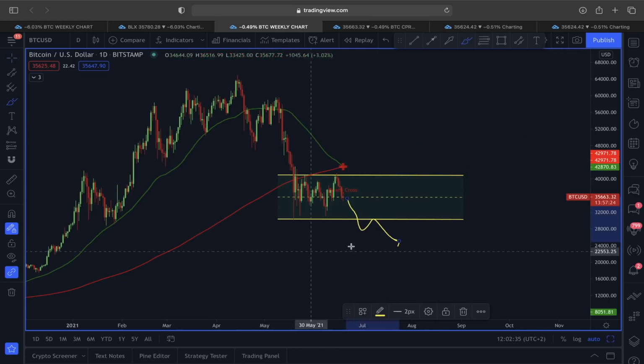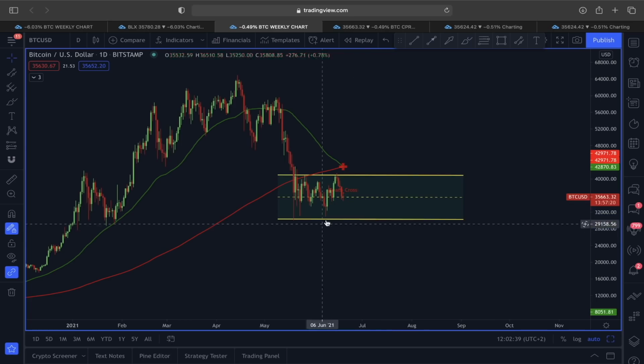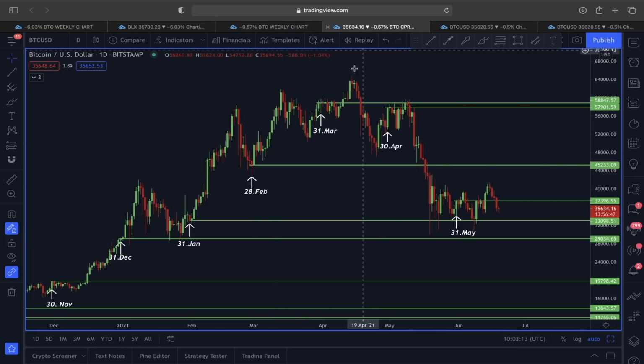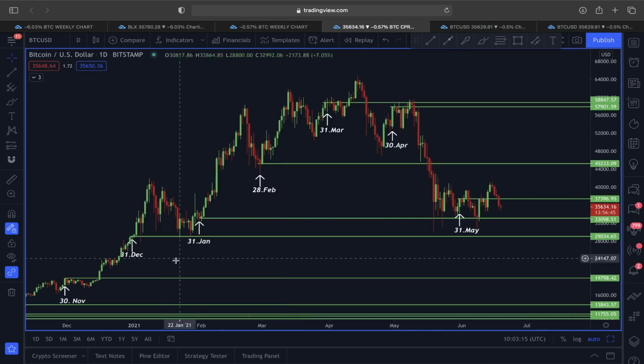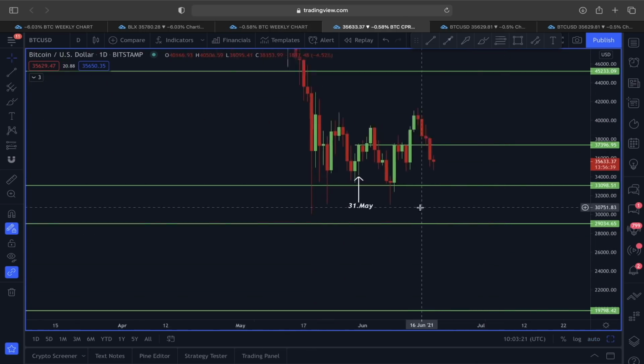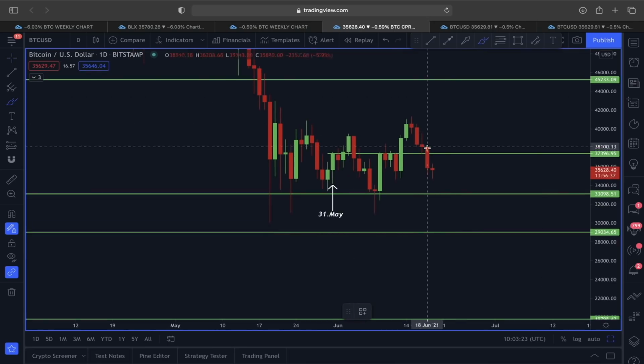So let's see how far this dead cross is going to push the price here in the downward direction, because right now what I'm actually going to do is include this monthly candle close label for Bitcoin, because we want to know the potential price target if the trend here is going to continue to the downside. Because if you look at this price action of Bitcoin using this monthly candle close label with each and every month, you can see, right, yesterday when the price of Bitcoin was finding a very, very strong support around